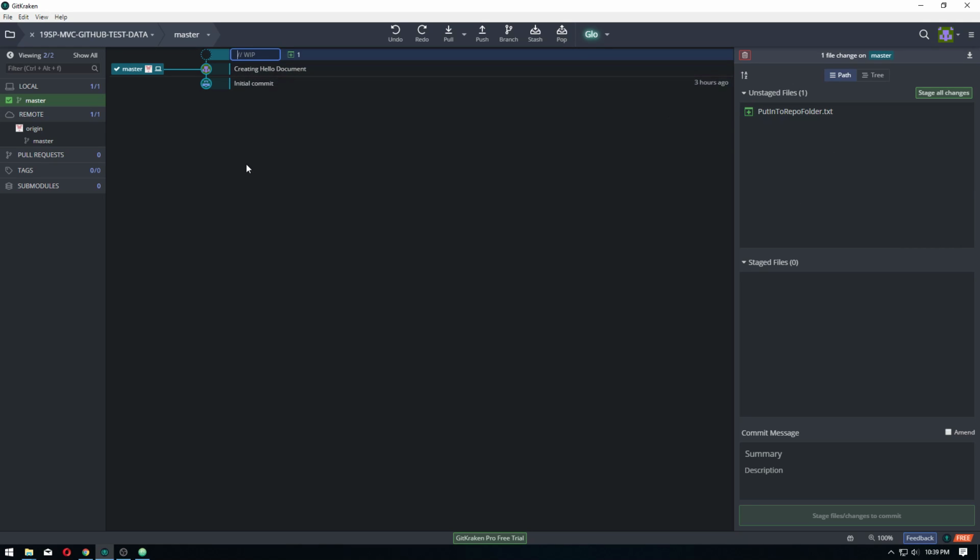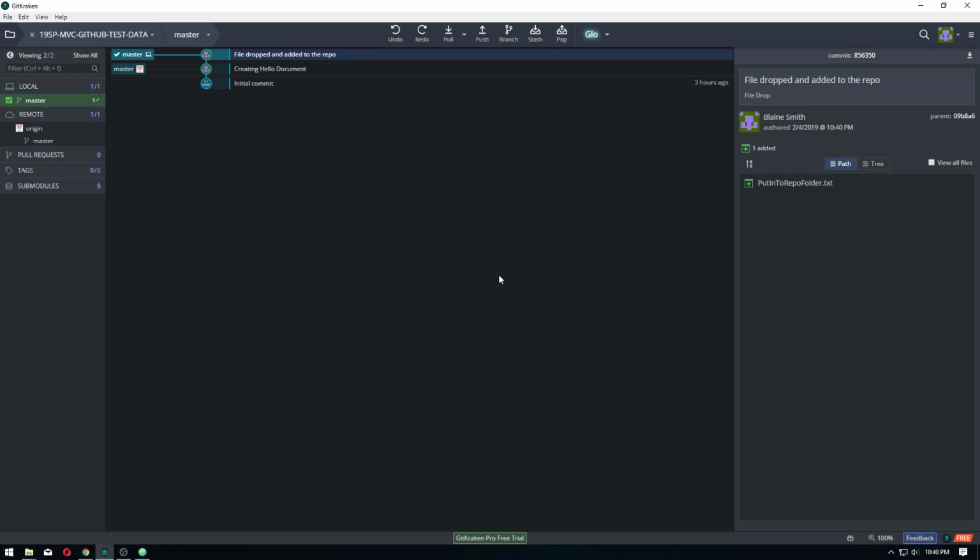So we'll come up here, we'll do the description, or the commit message actually, and this is going to be file dropped and added to the repo. File drop. Then you want to stage it, commit locally to the repository that is on your computer locally. Once you're satisfied with that, then you can go ahead and push,